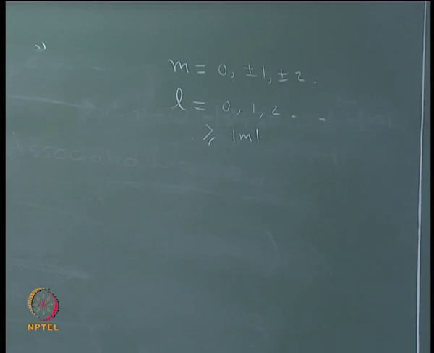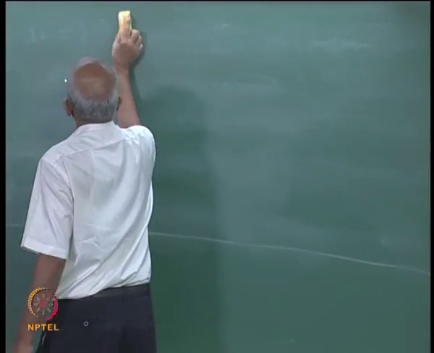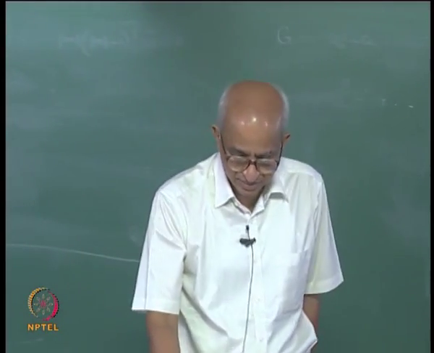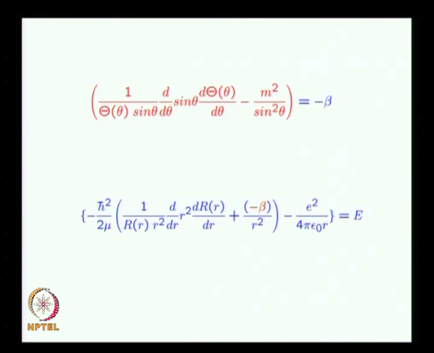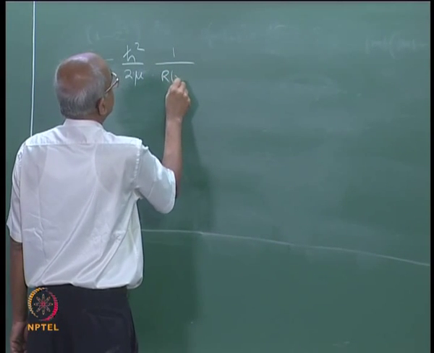And now we look at the equation for capital R, which we had written down earlier. So, I will just look at my slides. Okay, this is the equation for capital R. How does it read? It has minus h cross square by 2 mu, 1 by capital R of r,